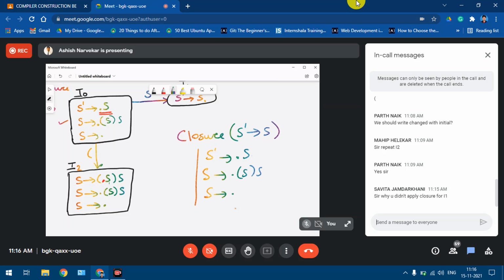After we completed applying the closure, we concluded that this is our state I0.